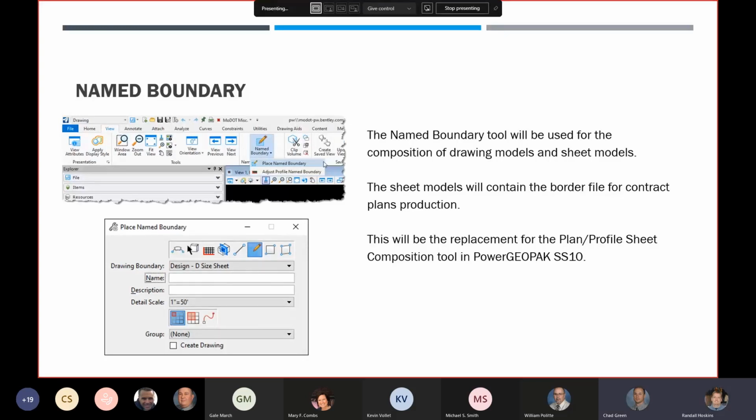I can. So the next few things Chad's going to talk about here in a minute is we're going to go over the name boundary tool, which is going to be used for composing the drawing models and the sheet models. And the sheet models will contain the border file for creating your contract plans, production sheets. So it's going to have the border file in that, and we'll show you how to create some of these name boundaries,